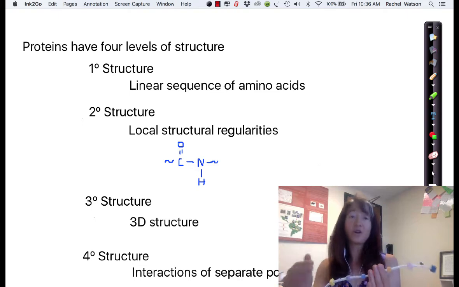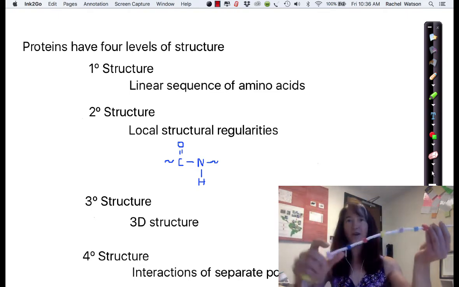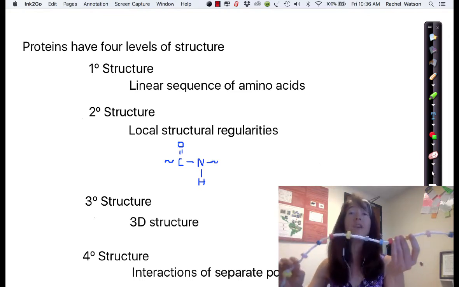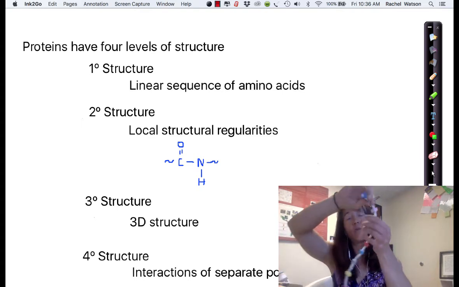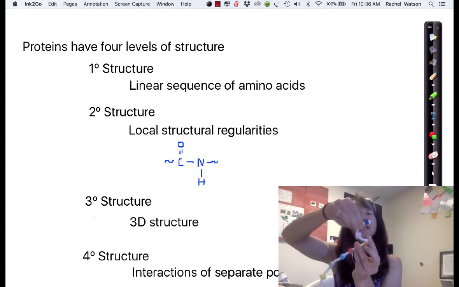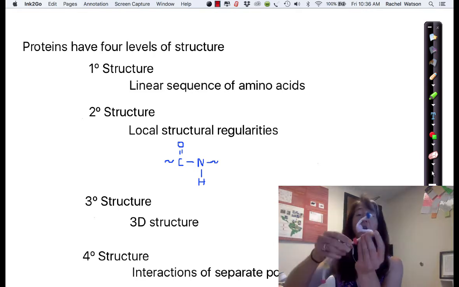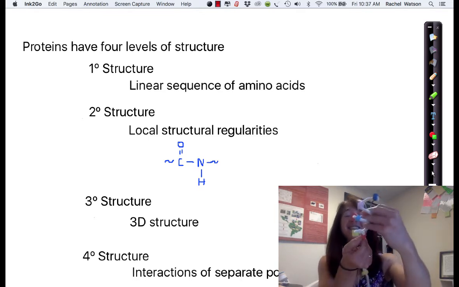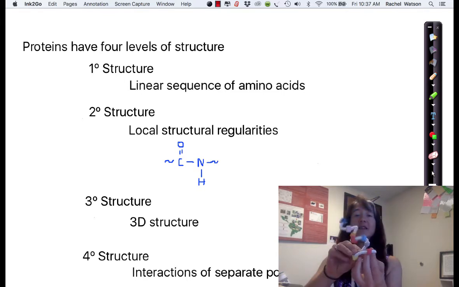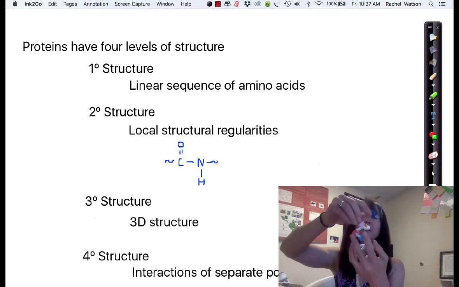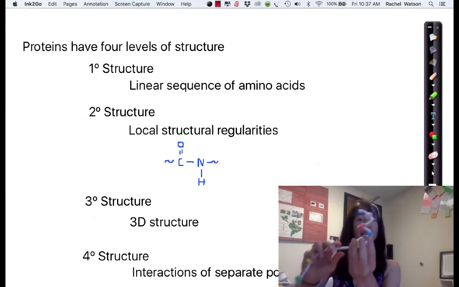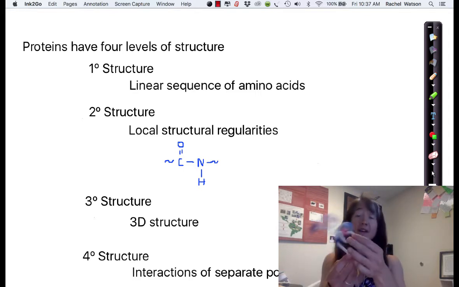Now, the secondary structure occurs when local neighborhoods within this polypeptide chain undergo the formation of structural regularities. For example, one such structural regularity is a helix. We call it an alpha helix, and later we will look at the details of the exact structure of an alpha helix. For now, forgive this cheesy demonstration that shows that we can see local regularity in structure, that is, the formation of a helical structure. We term this an alpha helix. This occurs when the